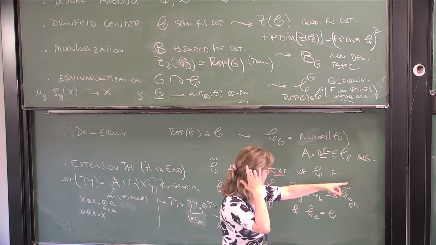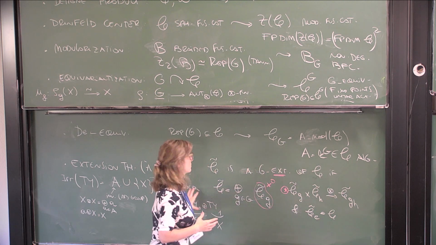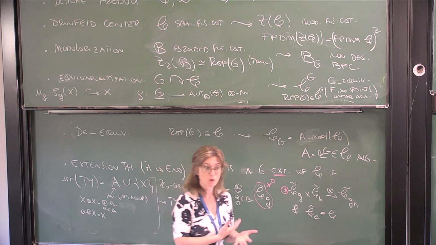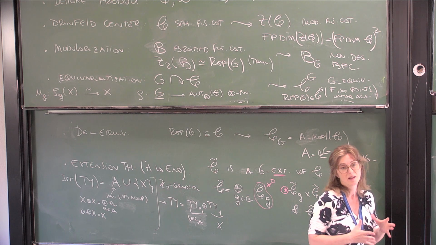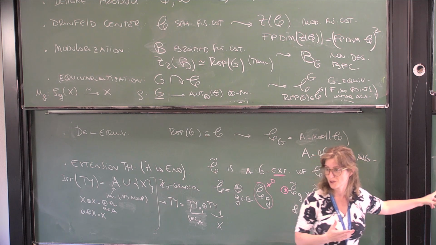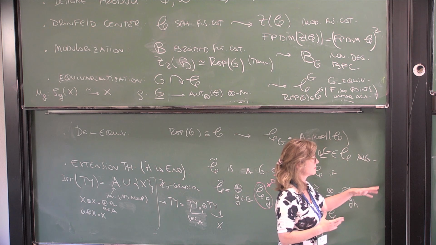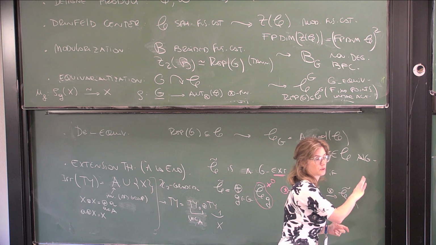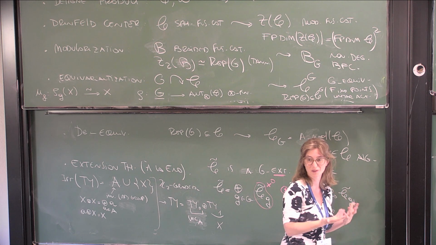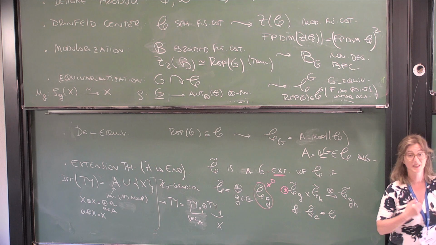And actually, Etingof, Nikshych and Ostrik prove it as an example of their construction. Like the Tambara-Yamagami paper is from the 90s, it's a very nice paper, and they compute associativities by hand. They did the example using this theory in a shorter way, but of course using a lot of machinery, right? This theory has a lot of advantages because you get a lot of things for free, but sometimes it's hard computationally. When you want to look at an example, it's not always easy because you need to know, for example, the Brauer-Picard group or the equivalence to get started.